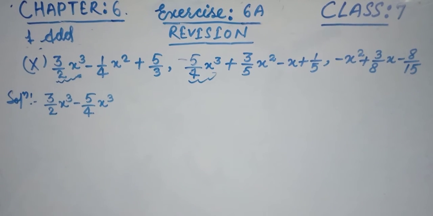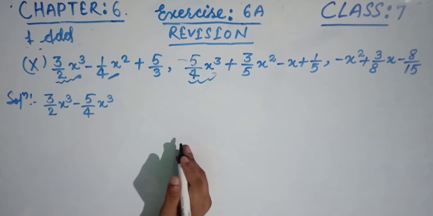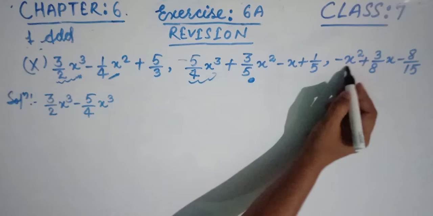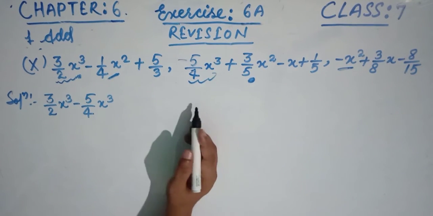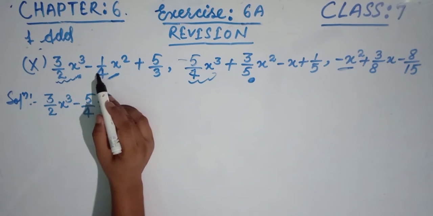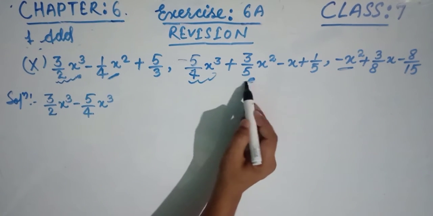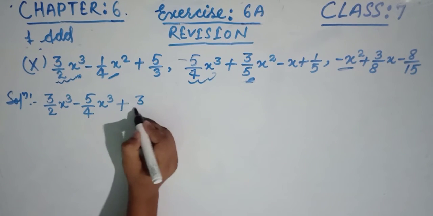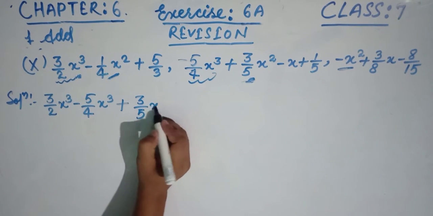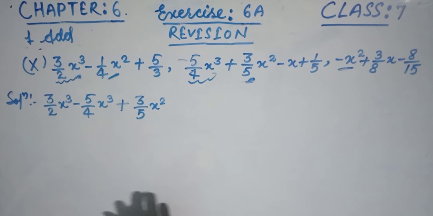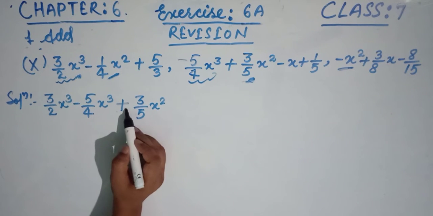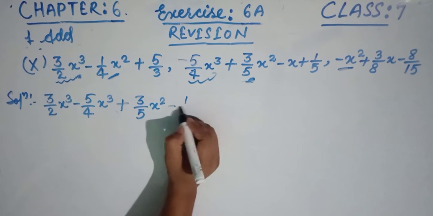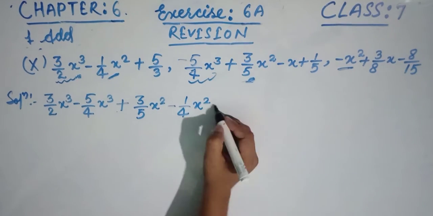Okay, friends. Now see the x square term. Here is an x square term, and another x square term is here. So write the x square terms together. First write this one, 3 by 5; whether you write the first one or that one, it doesn't matter. Only we have to be cautious and take the positive. Here is the positive, so write the positive sign before this expression. Then write this minus 1 by 4 x square. Then write this minus x square.